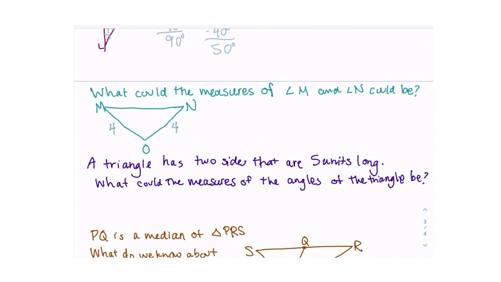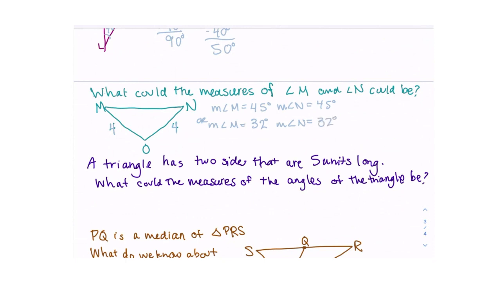Base angles have to be the same. So we could say that the measure of angle M could be equal to 45, sure. And so then what would the measure of angle N have to be? 45. Yeah. Okay, so it could be that one, or we could say the measure of angle M is equal to 32. So the measure of angle N has to be